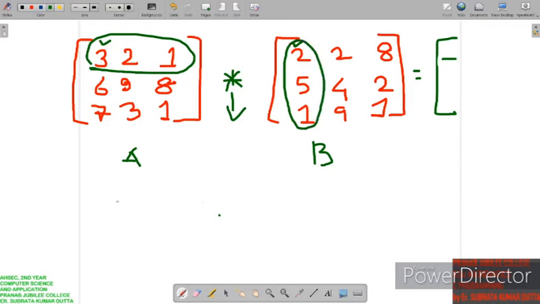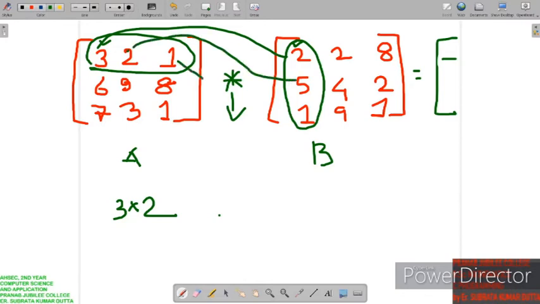That means 3 multiplied by 2, plus 2 multiplied by 5, plus 1 multiplied by 1. Whatever result this gives will be stored in the first index value of the resultant matrix.